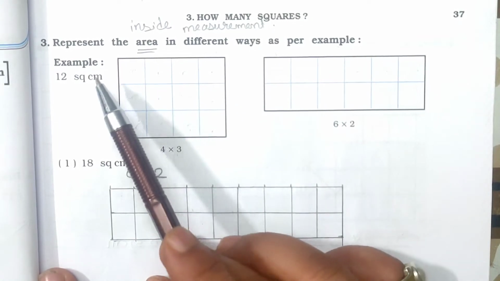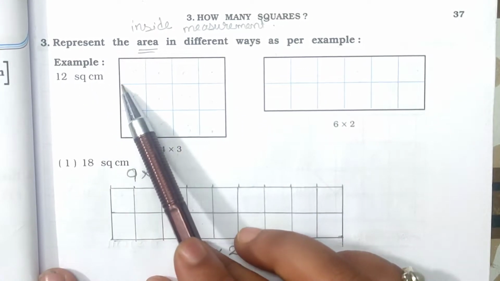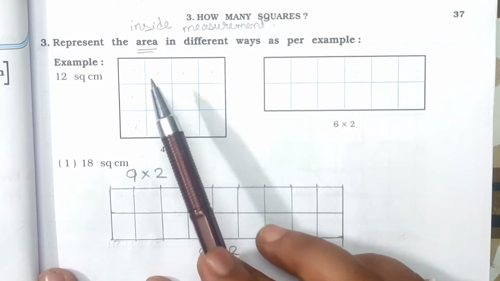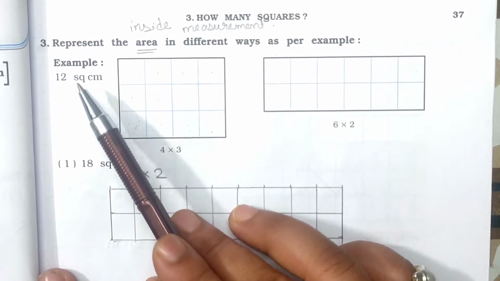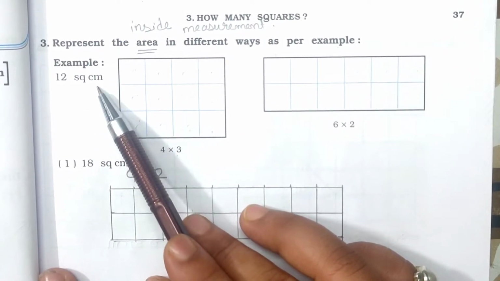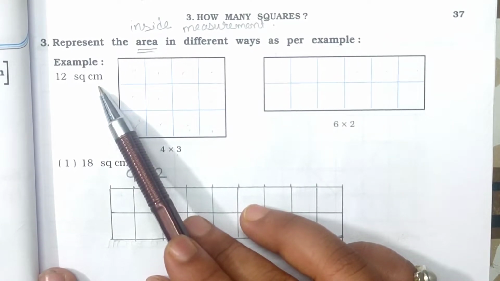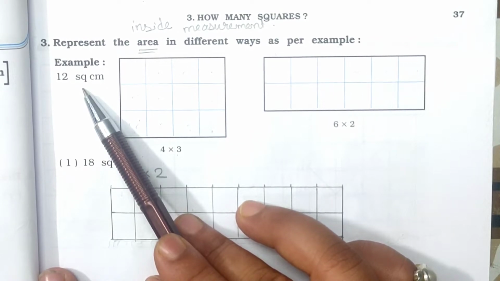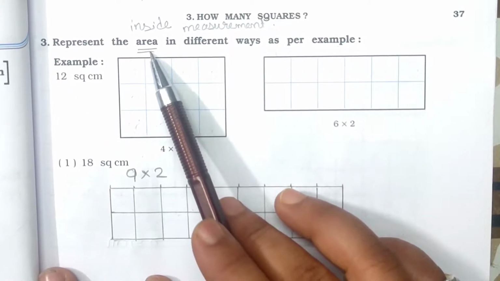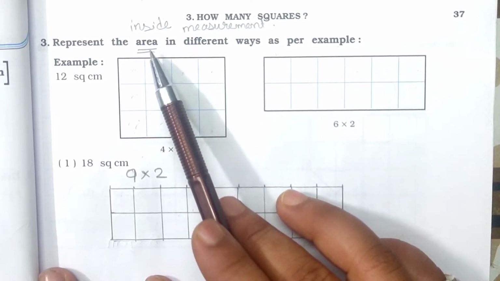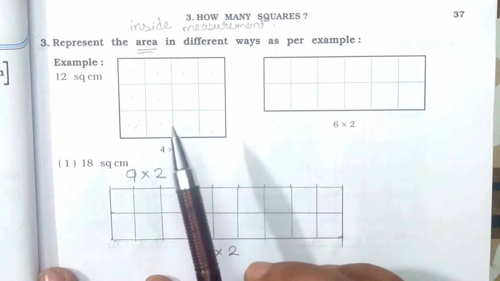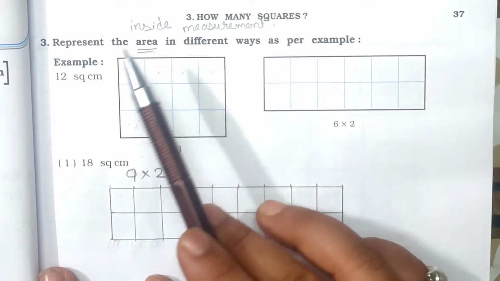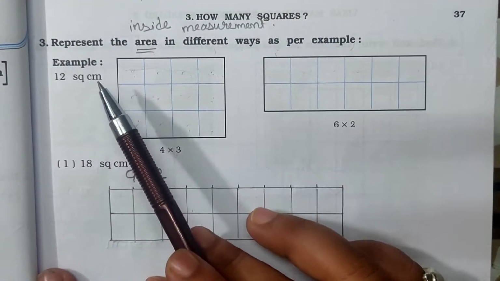So how you have to write down the unit? Square centimeter. Whenever you have to mention the area, then you have to write down square centimeter. If you write centimeter only, then your answer is wrong. You have to write down this square compulsorily. Then only you get the area. Otherwise it's not possible for it to be an area. So when you mention area, you have to write down square centimeter.